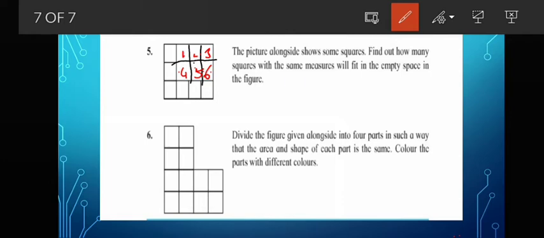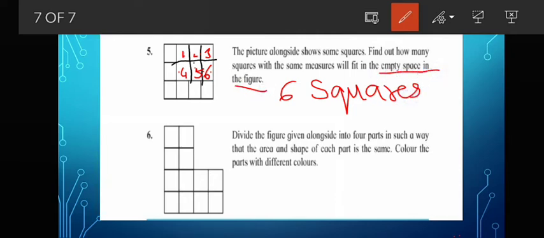So 6 squares can fit in the empty space in the figure.